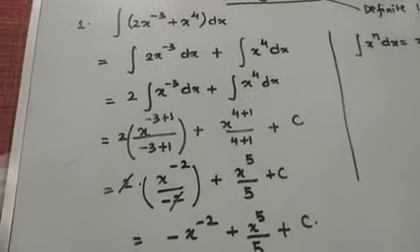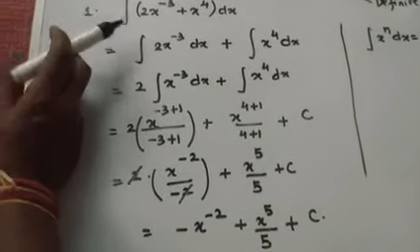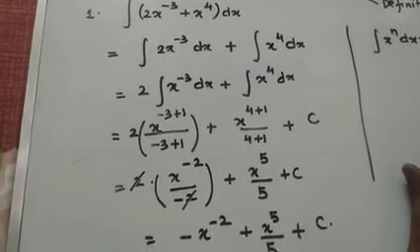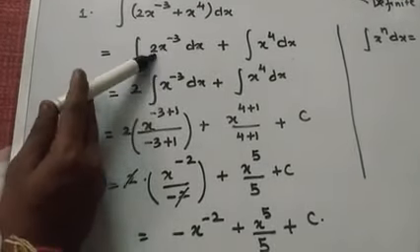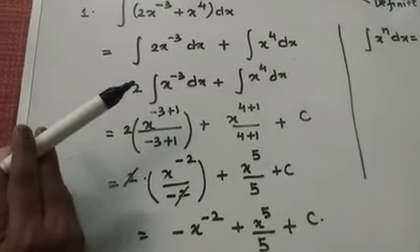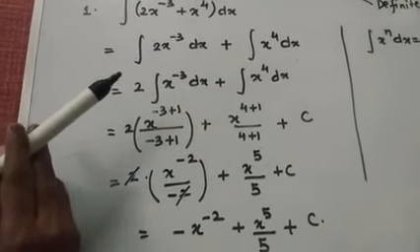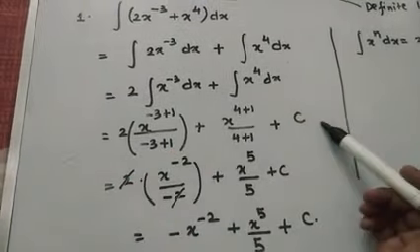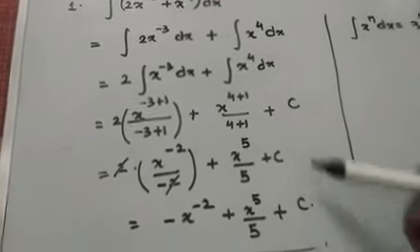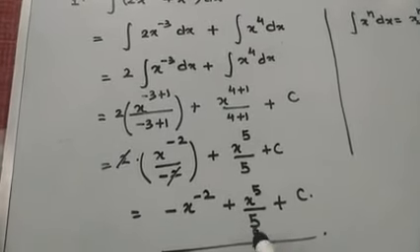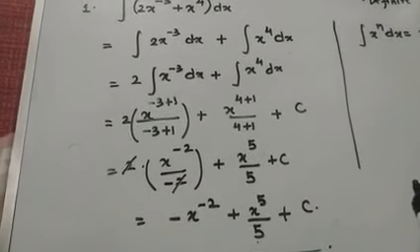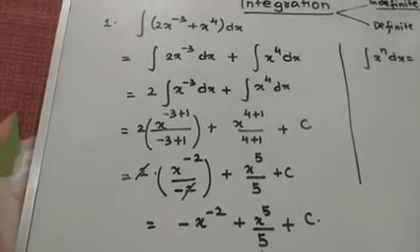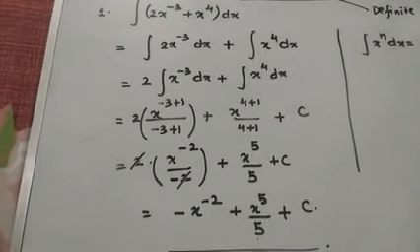So two things from this particular question. Number one, you can integrate any function separately term by term. Number two, the constant comes out of the integration, same as in differentiation. And number three, the most important: whenever you have used the integration formula, from that step keep writing your c for each of the steps till the answer comes. Clear? Okay, so now let us proceed to question number 2. These are just basic questions. Question number 2.